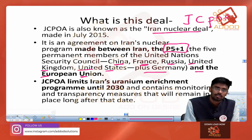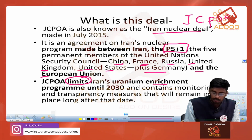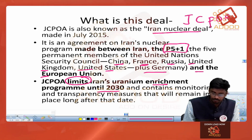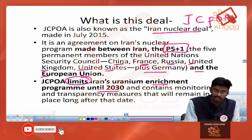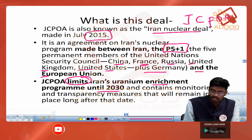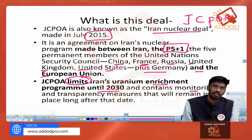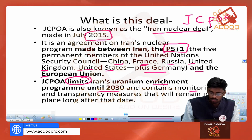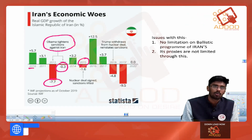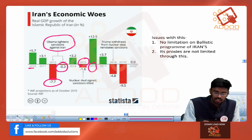This Joint Comprehensive Plan of Action, as we've discussed earlier, will limit Iran's uranium enrichment until 2030. That is 15 years, as it was signed in 2015. It will limit it till 2030, and it will be able to monitor the happenings in Iran's nuclear program. So through this deal, Iran got its sanctions revoked, and you can see in 2016 its GDP was again growing,